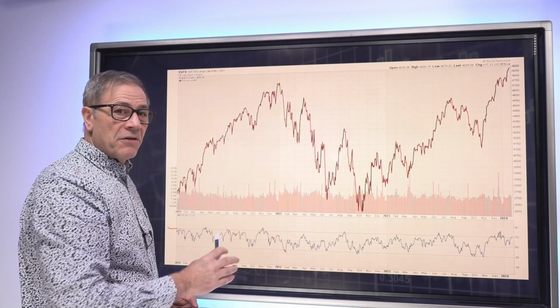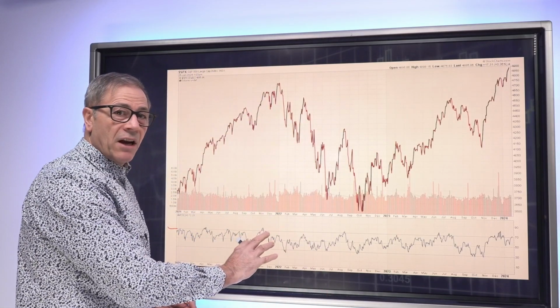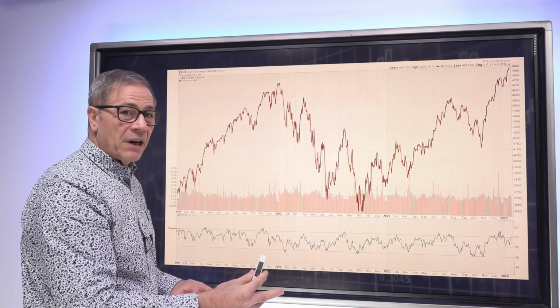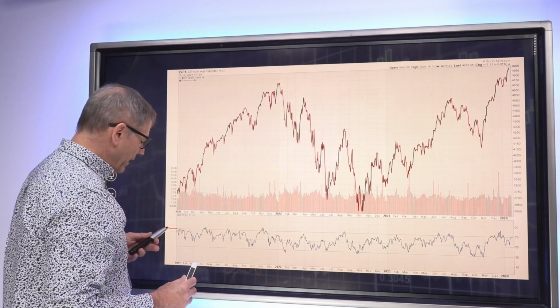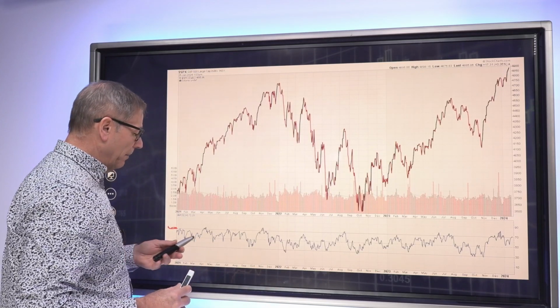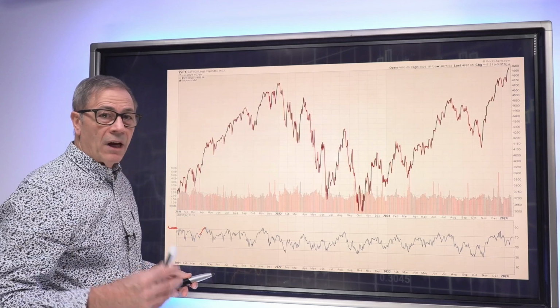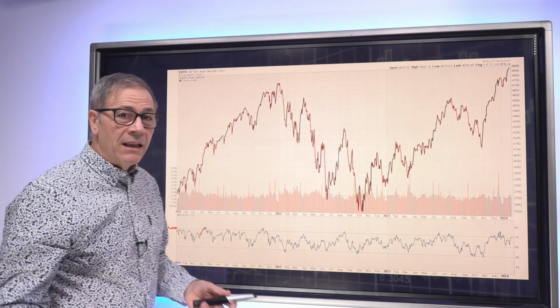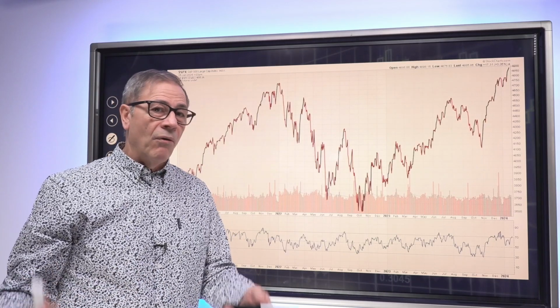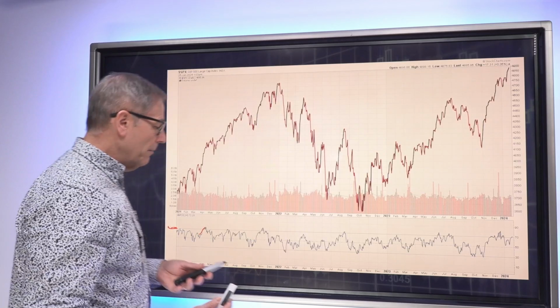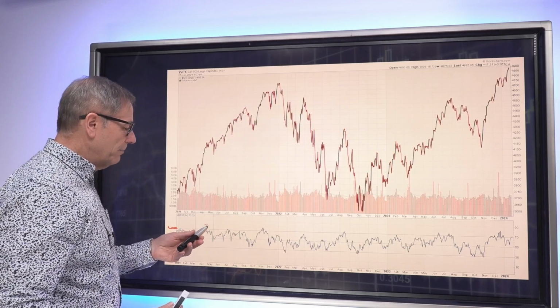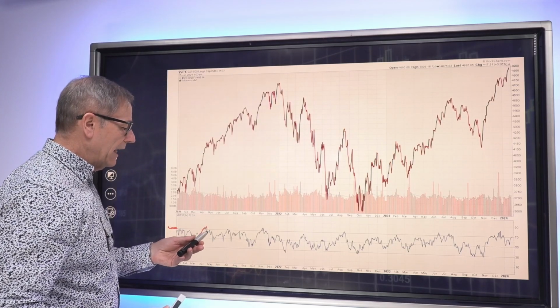Let me explain. This top panel is the S&P 500. This bottom panel is the RSI, or Relative Strength Index, which is a measure of price momentum. There are two key levels for the RSI. The one is 70. When the RSI moves above 70, it becomes overbought. It doesn't mean that the stock market's about to go down because the market's overbought. The market can remain overbought for an extended period of time. But some investors do take a look when the market moves back down below 70, that's an indication of a trigger to sell in the market.